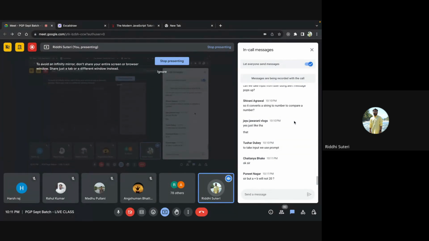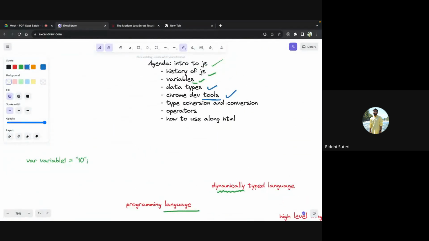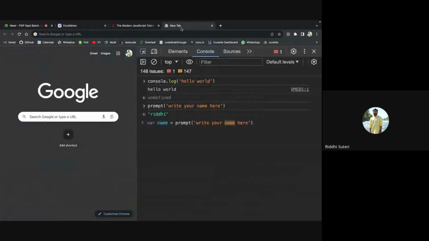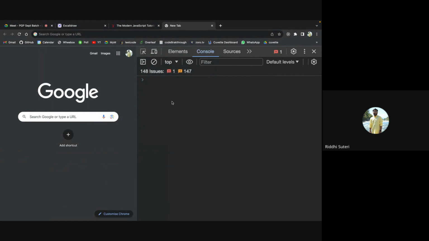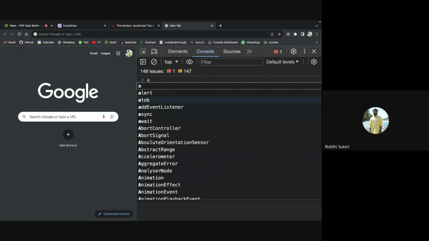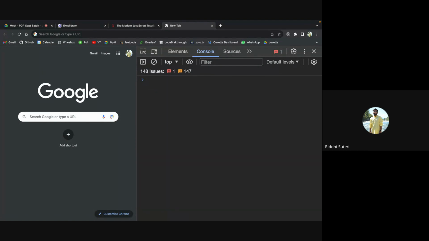That is our next topic, by the way, about type conversion and type coercion. I've written this here only. We are about to discuss this point, which is type conversion and type coercion. This is really interesting because there are many output based questions which come very tricky at some point of time. What will be the outcome of this? Why will the outcome not be 20? Why will it be 1010? Let's see an example here. I believe we have variable a as 10 and variable b as, yeah. So if I say 10 plus